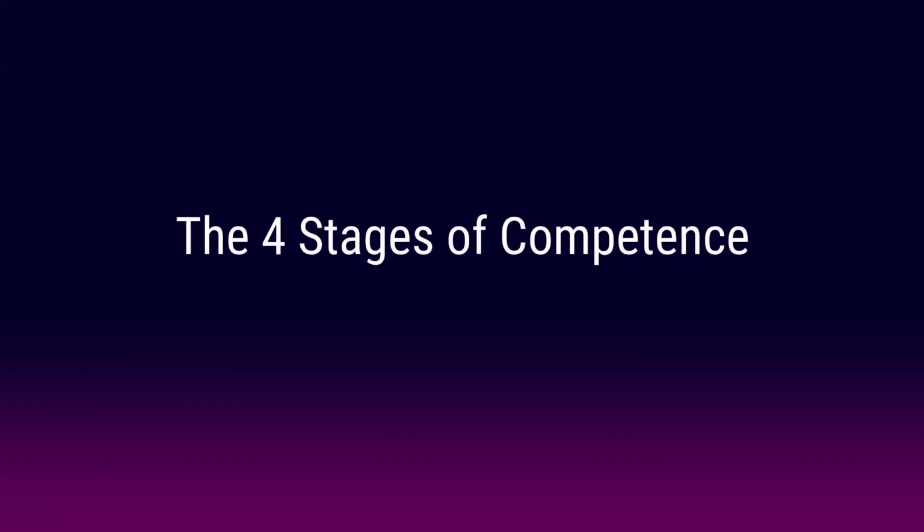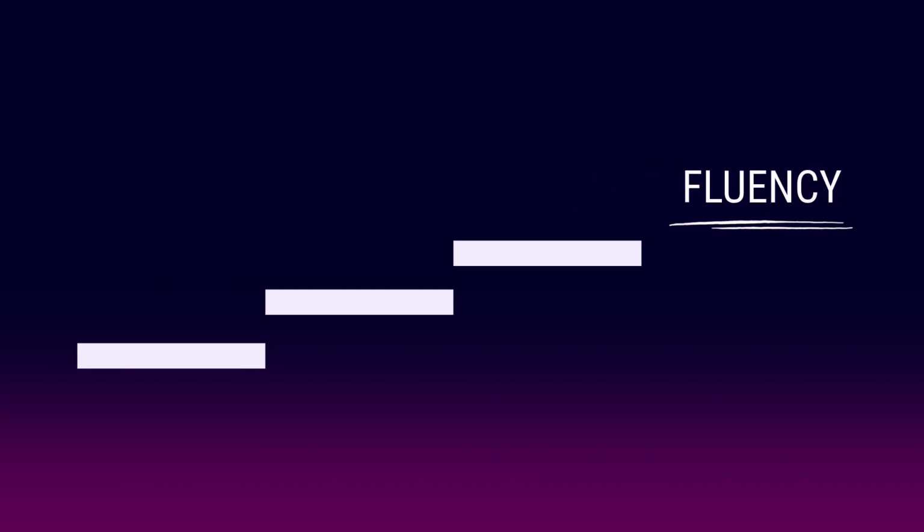Today I would like to discuss a learning model that I find extremely useful when trying to evaluate where students are in their progression towards language proficiency. This is the model known as the 4 stages of competence, or simply the 4 stages to learn any skill. This model was actually developed in management, so it's supposed to apply to the learning of any skill out there, not just languages, but it has lately proved extremely helpful in trying to explain how language learning actually may progress through different stages, from the total beginner to the proficient mastery of the language.